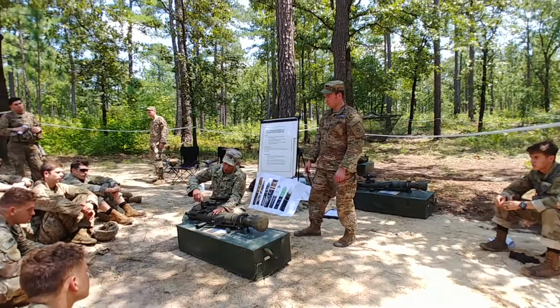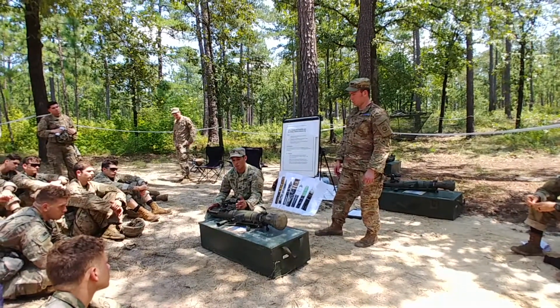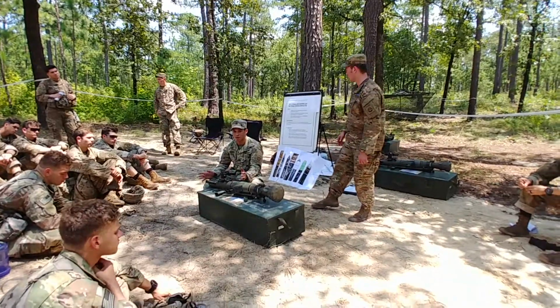Range drum. After it's set, if you're going to reset the weapon system because the grader stepped off and he's allowing you just to